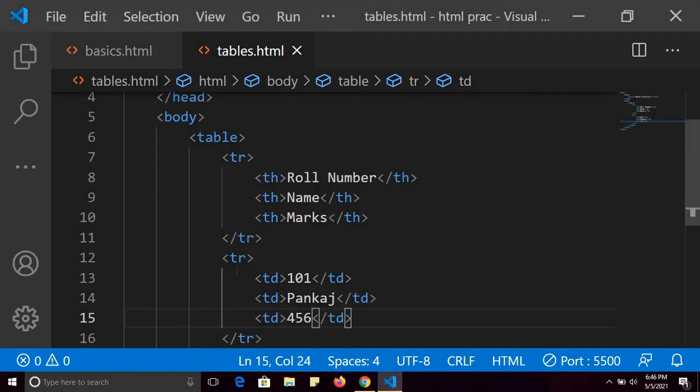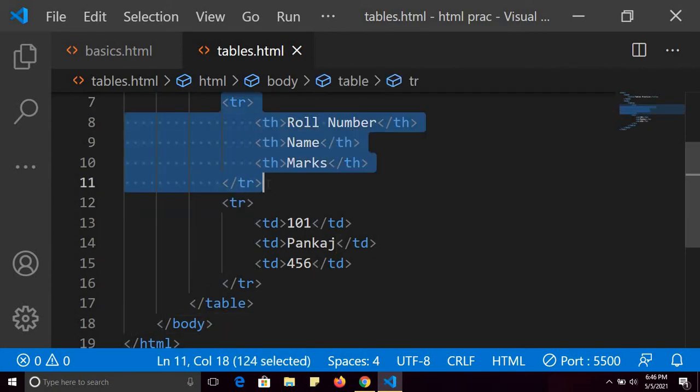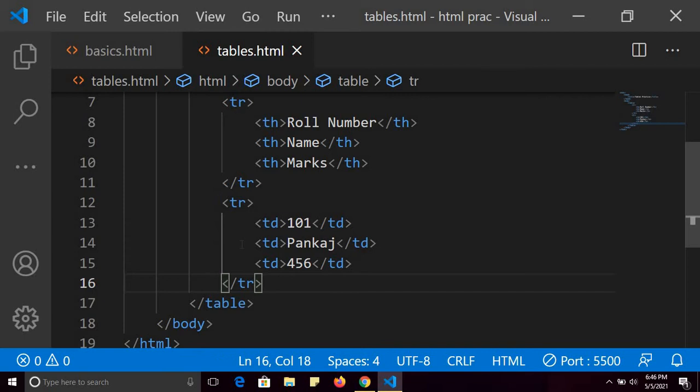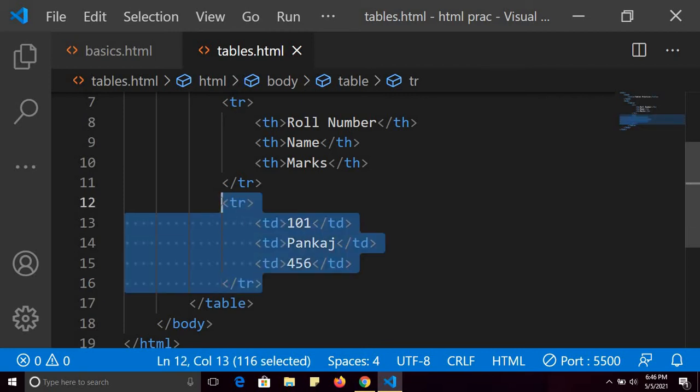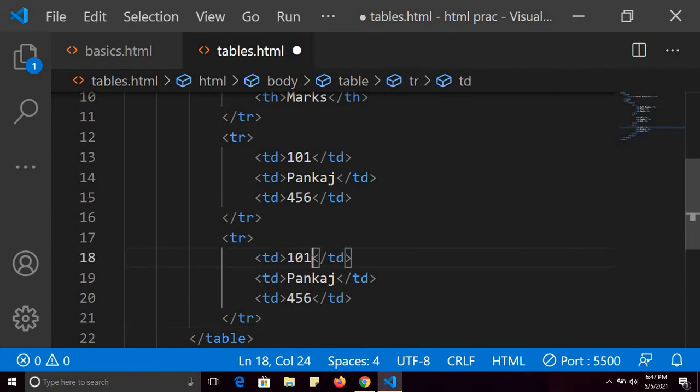So I have created one row for table header. I have created one row for table data. So copy it and let's create another row. Now 102, Sunny, and numbers are 436.